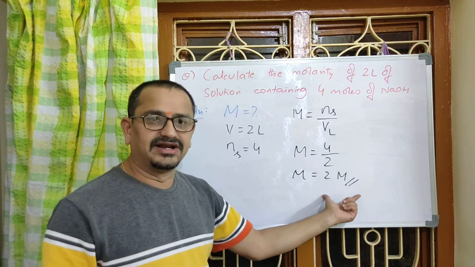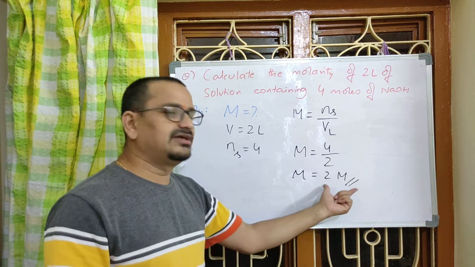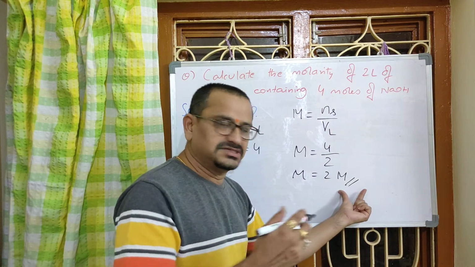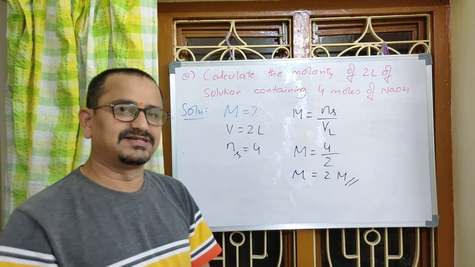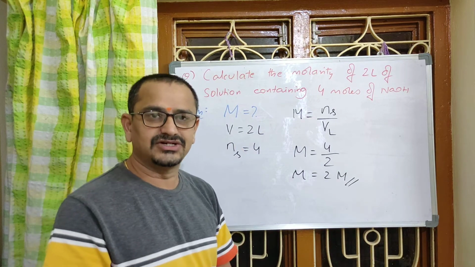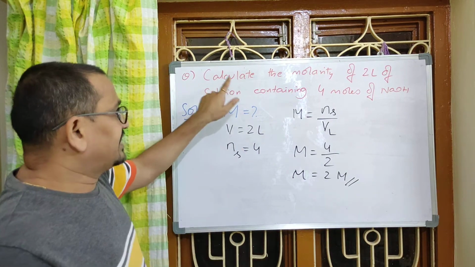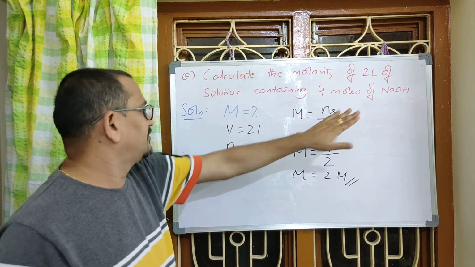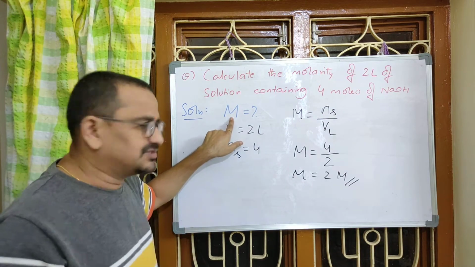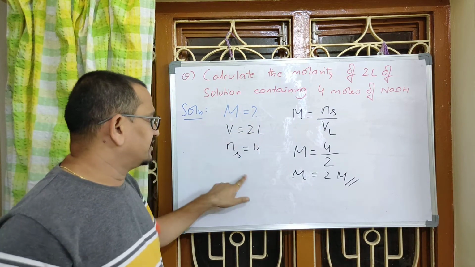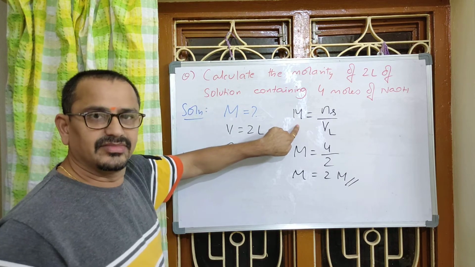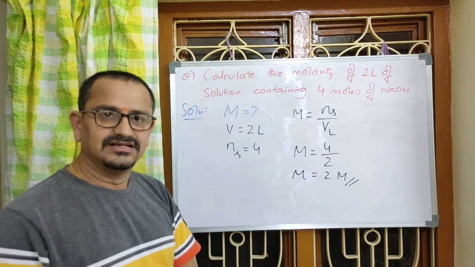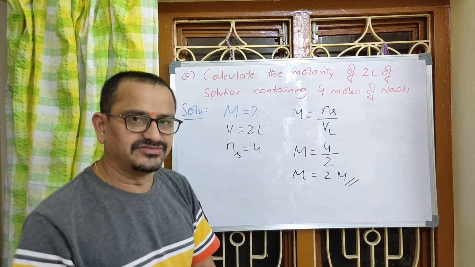This is how we have to express 2 molar solution. This is the way to express the molarity. 2 molar. If it is 0.5 molar, 0.6 molar, 10 molar, like that. That molar symbol we have to give while expressing the concentration in molarity. Understood? When a question is given like calculate the molarity of so and so liter solution containing so and so moles of solute, just observe which value is asked, which value is given, and what's the formula between them. Just substitute the values given in the question, we will get the answer. Now it's your turn. You try one question.